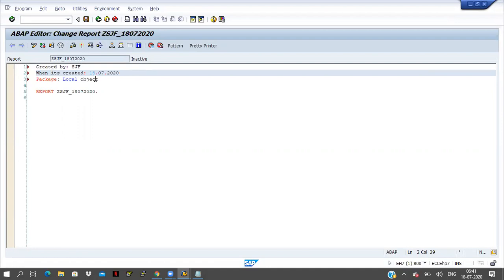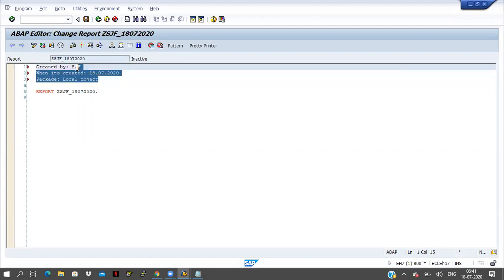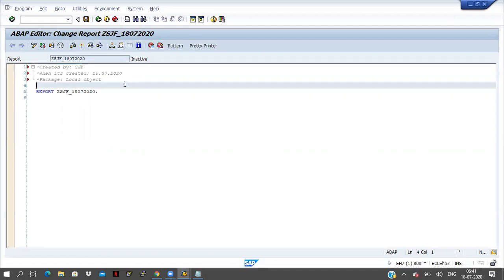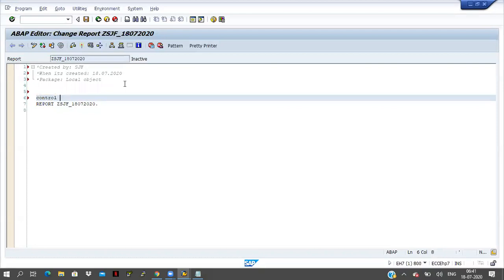Now select the lines here. How many lines you want to keep in comment, you have to select all the lines like this. Selected, and you have to press Control plus less than symbol. If you use this shortcut key, automatically all the code will be converted into comments.